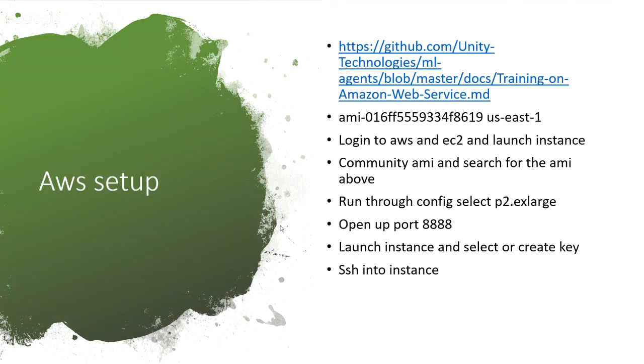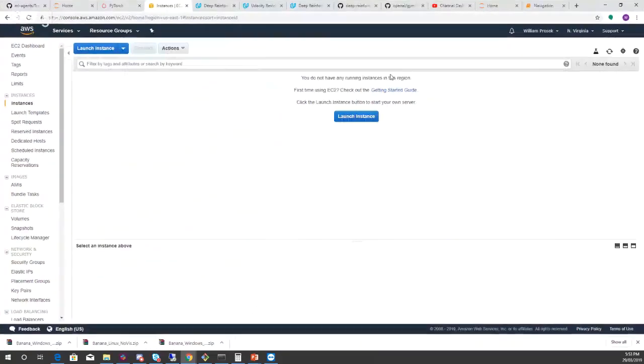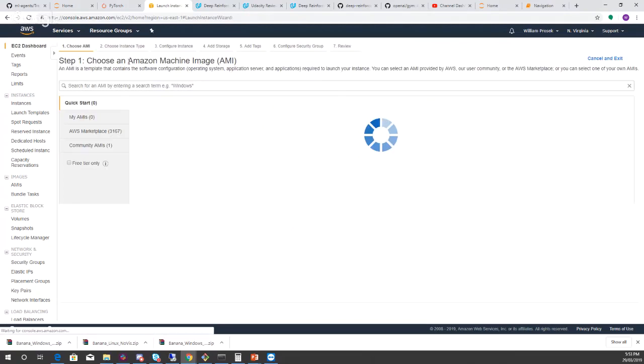So now, the AWS setup. Like I said, I would love to do Google Cloud, but I'm just going to work on an AWS setup for now and go through how to do that. What I'll do is, you will need to have an AWS account. Go to Virginia, go to instances, launch an instance,